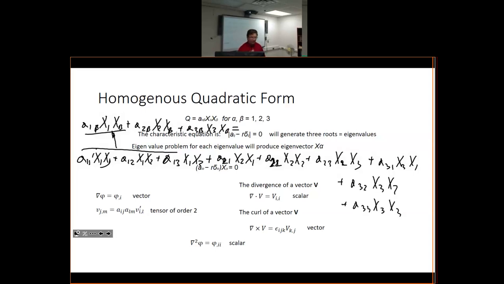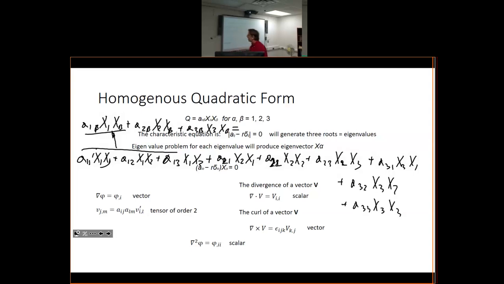For the strains, it would be principal strains, and for the moment of inertia, it would be principal moment of inertia. And each orientation for the eigenvalue or the principal value would be a principal direction. So for example, if this is stress or strain, then the principal coordinate system would be